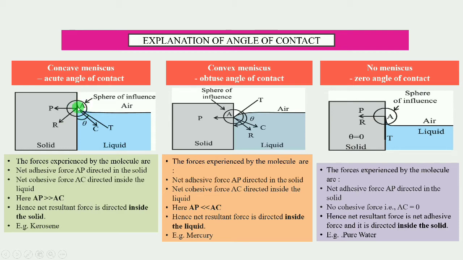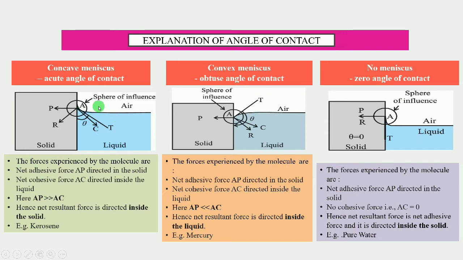At the point of contact, suppose we consider molecule A. For molecule A, we will draw a sphere of influence here. Okay, for this sphere of influence at the point of contact at the molecule A, as we already considered, this is the type of liquid which partially wets the solid, which means the adhesive force will be small as compared to the cohesive force, so the cohesive force is strong. Okay, that is, it partially wets the solid, that is, you will consider the adhesive force small.